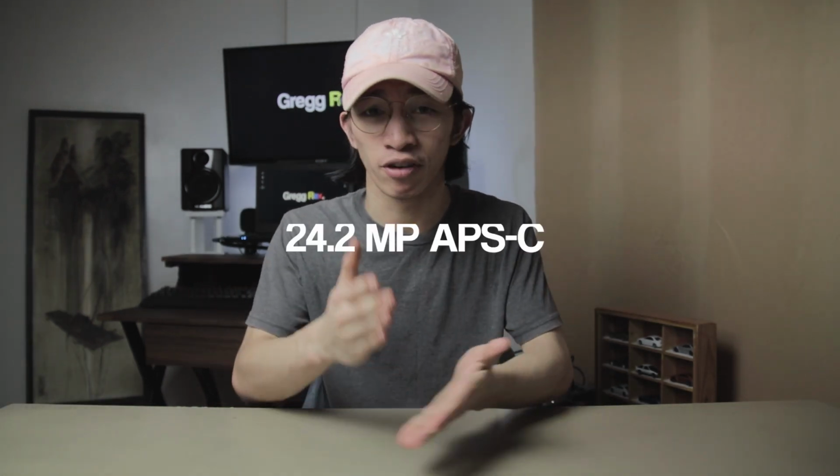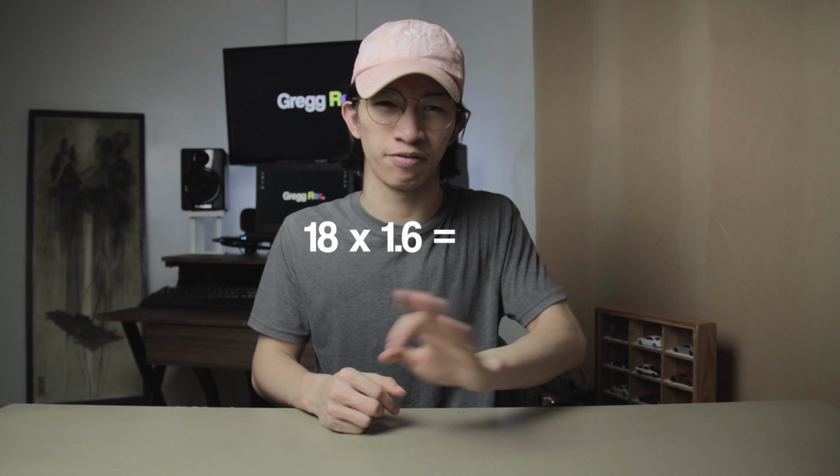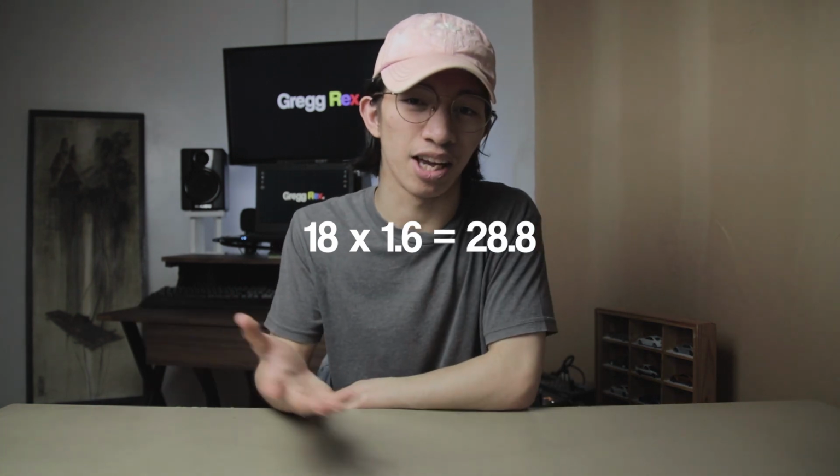they're built for that. So for the sensor, it comes with a 24.2 megapixel APS-C sensor, meaning it's not full frame, it's cropped, and Canon has a crop factor of 1.6. So if you're using an 18mm or whatever focal length you throw into the camera, you always have to multiply it by 1.6, and that's the equivalent of a full frame. For example, I'm using an 18mm right here, so 18mm times 1.6 gives me roughly 28mm